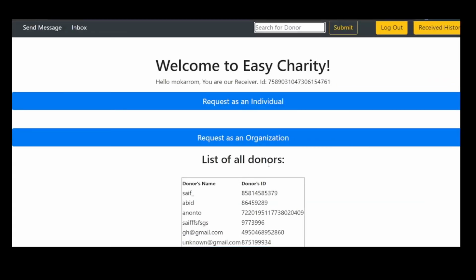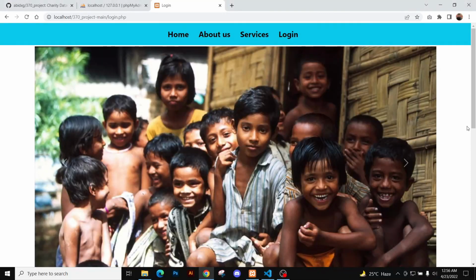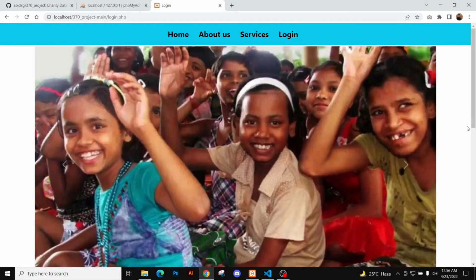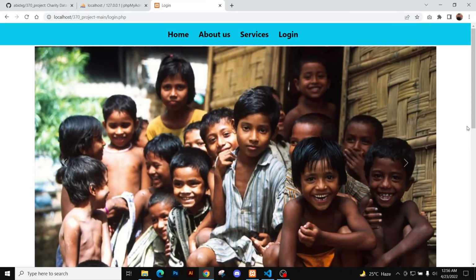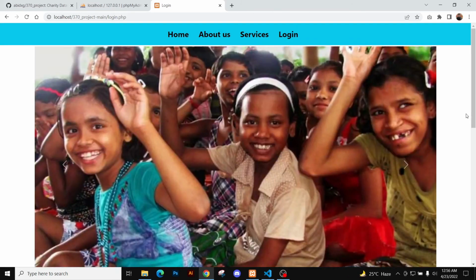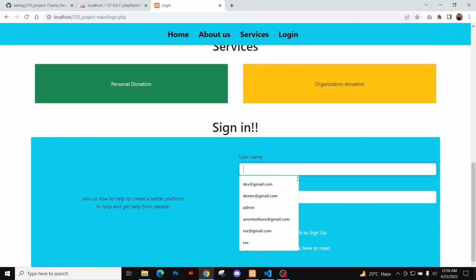Next part will be covered by Ananto. Thanks. Hello everyone, Assalamu alaikum. My name is Anonto Shuvo, and I have covered the front end and the admin database of this Charity database project. Now, if we go into our admin page,